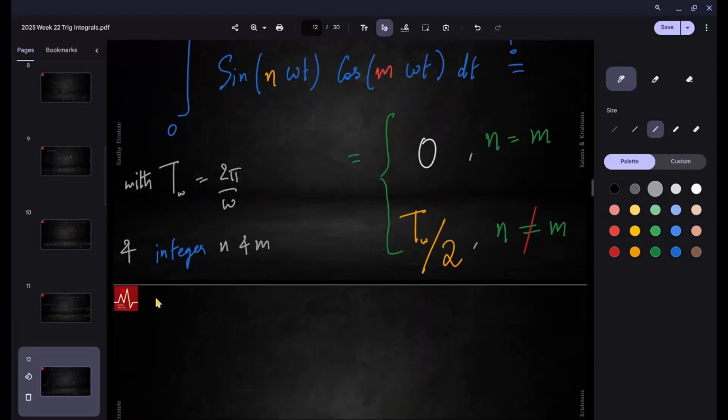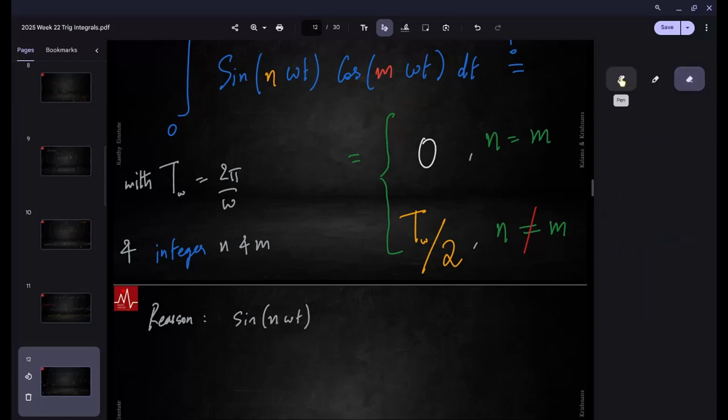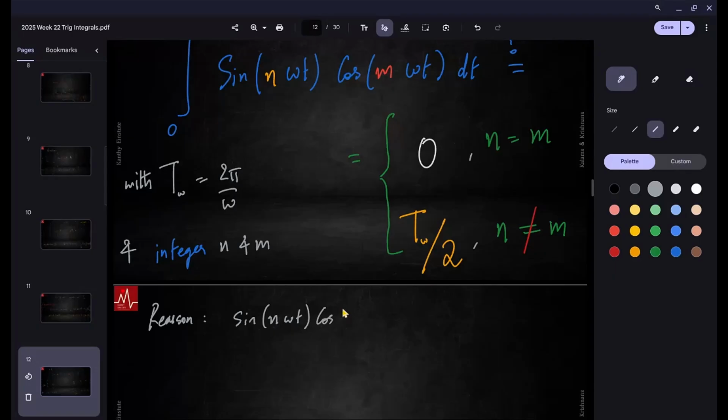Let's write it here. Reason: sine n omega t, sorry, not plus. We are going to convert the product into a summation form. Sine n omega t cos m omega t equals half of,